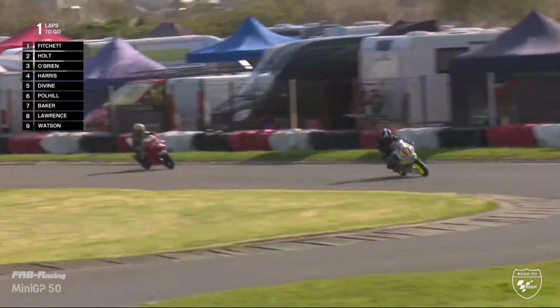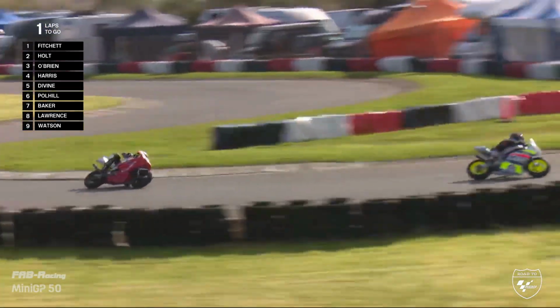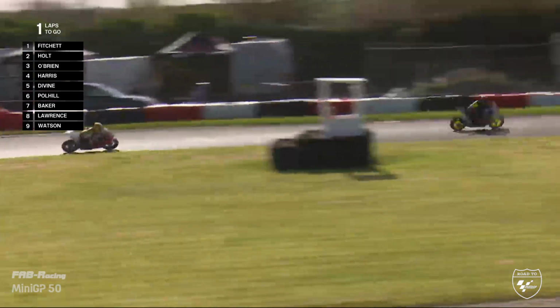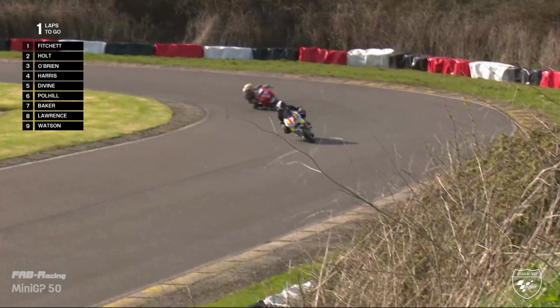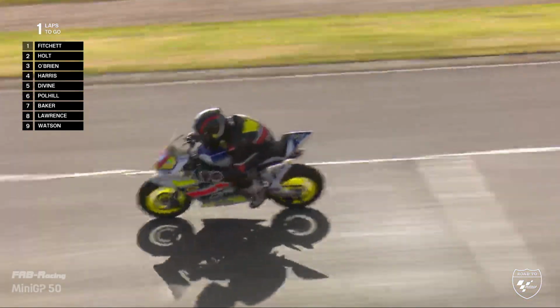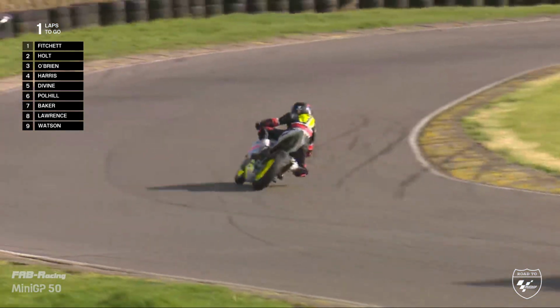Last lap flag is out, and there are your leaders. Fitchett pulled slightly away from Holt this time by, but again, it's all down into that last corner when it's going to happen, I think, if Holt does go for it. And well, he's got to try, surely. Coming into that final fast section, it's flat out from here to the end of the lap. Here we go,